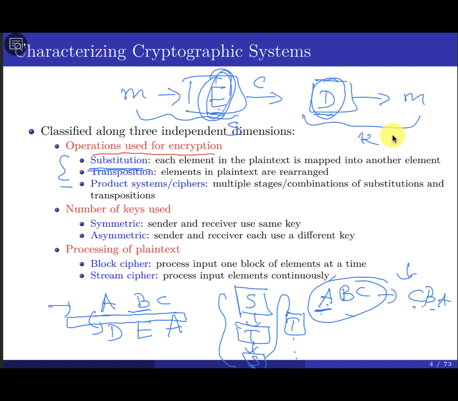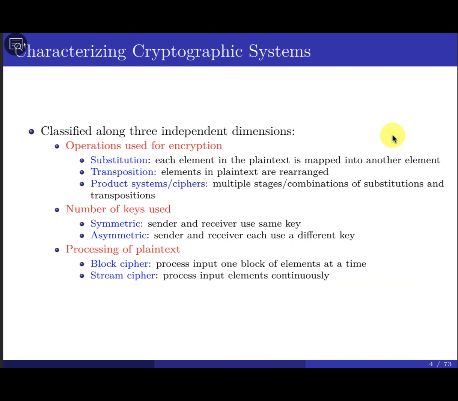What I'm going to do here is substitution, or let's say transposition, or we have what we call a product system or product cipher. This is the name if we have multiple stages combining substitution and transposition. The other thing we can think about is how to classify cryptographic systems by the number of keys used. Just speaking, some cryptographic systems are going to use a key. What does that mean, key? Let me give you an example. We have a message and I'm going to use encryption. The structure is the same: plain text goes into the cipher, then produces the ciphertext. Then after that, decrypt, then you try to reconstruct the plain text.